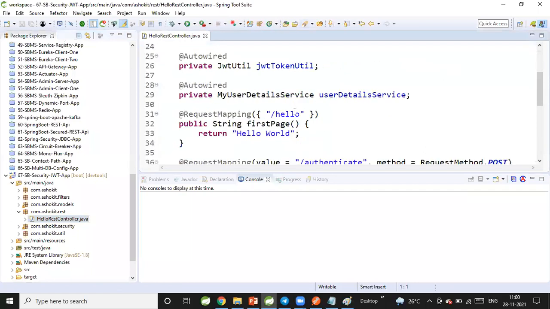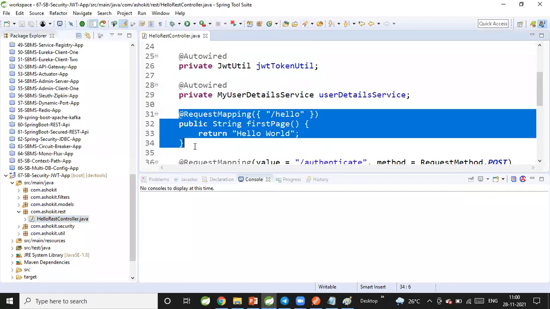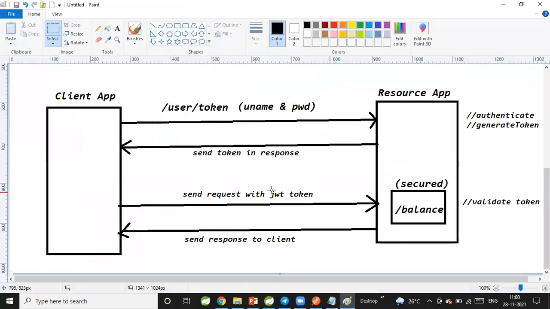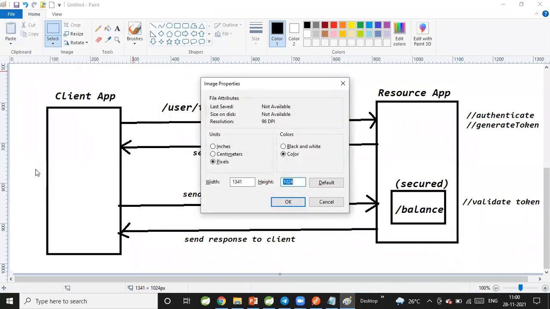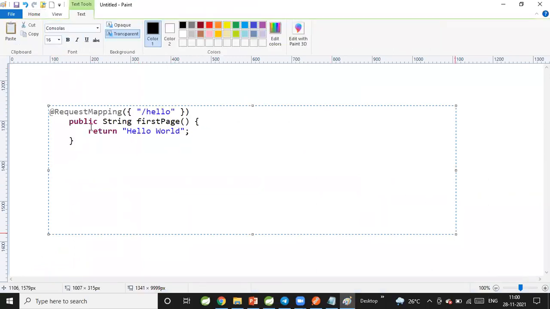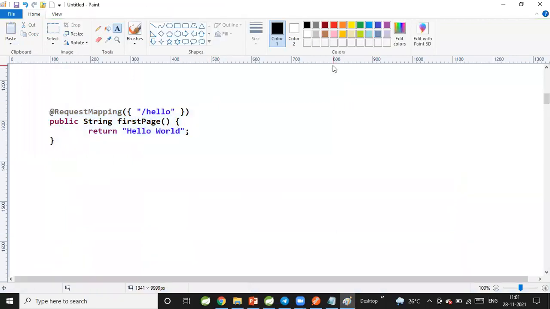In this controller, there is one method which is bound to /hello. It is a very simple method.